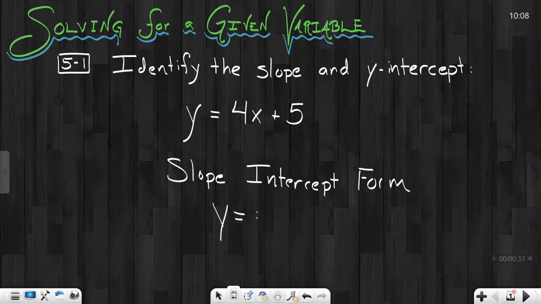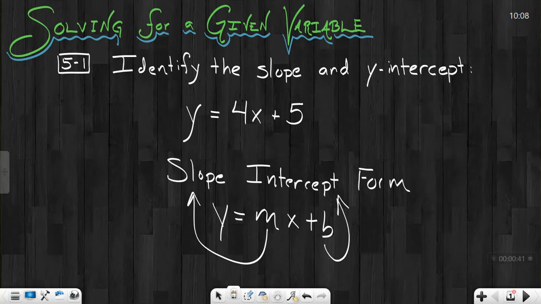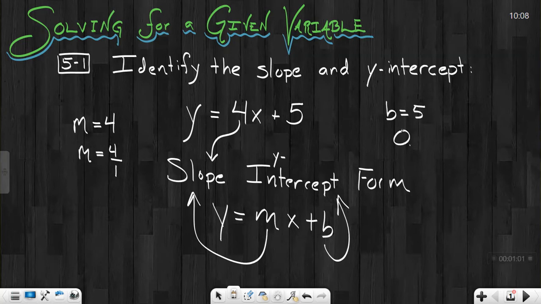Slope-intercept form was y equals mx plus b, where specifically m represented our slope and b represented our y-intercept. So here, if I ask you to identify the slope, I'm merely asking you to look at the number in front of x, and so we would say that the slope is 4. Or it could also be written as 4 over 1. We also identify that the y-intercept in this case, b, is 5,